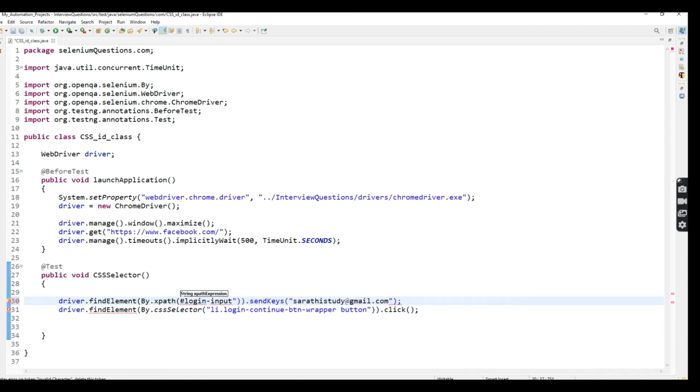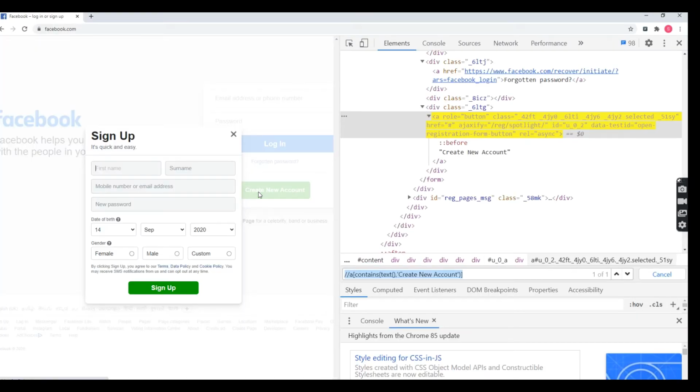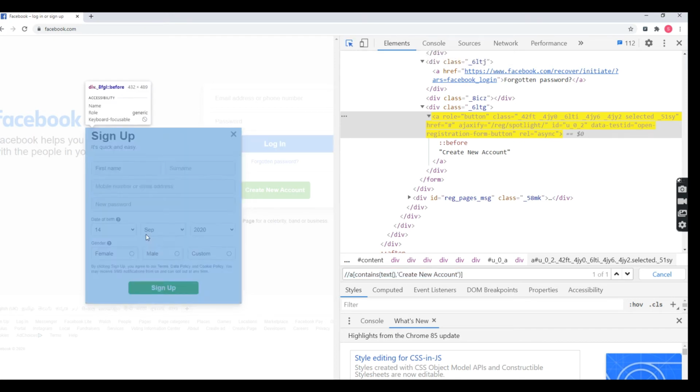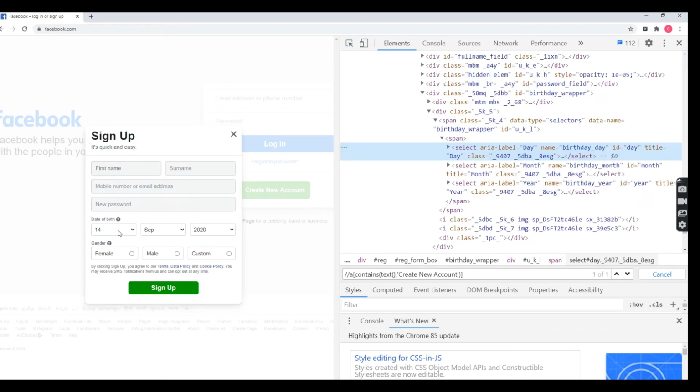So here I'm going to give it. Okay. So click on this button, correct? So then after clicking on this create account button, I'm going to select a value in this month, or you can take any date, date of birth, whatever you wish. Okay, we can take this one, which is the date. So this is the date list box. We can see the day, name, ID, it will be available.